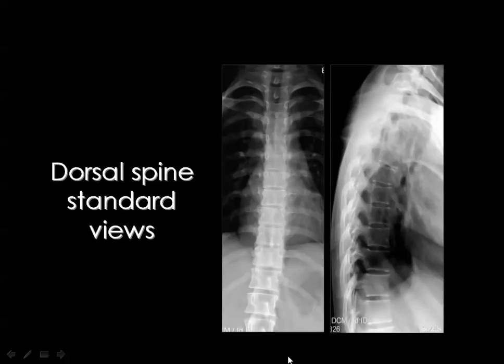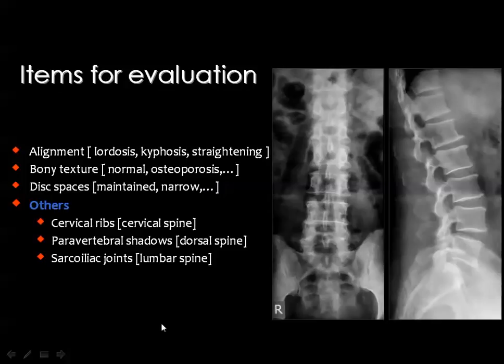In the dorsal spine, we only have the anteroposterior view and the lateral view. We don't have other additional views in this particular segment of the spine. Then what to evaluate in the spine by the plain X-ray? We have three items for evaluation. Number one, the alignment. The vertebral alignment, whether lordosis in the cervical and lumbar, kyphosis in the dorsal,